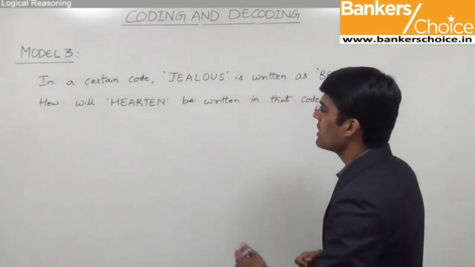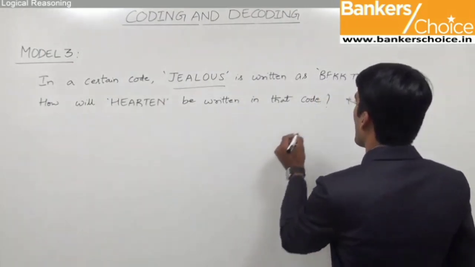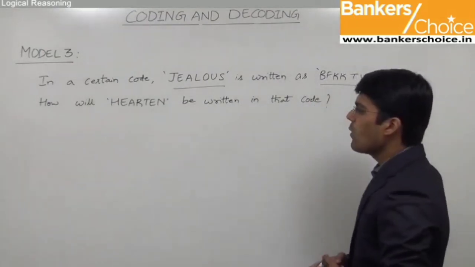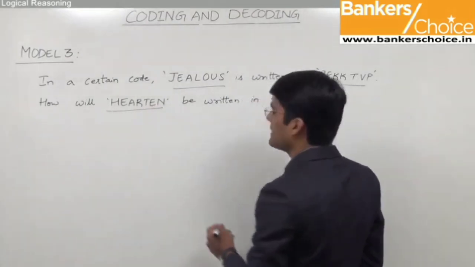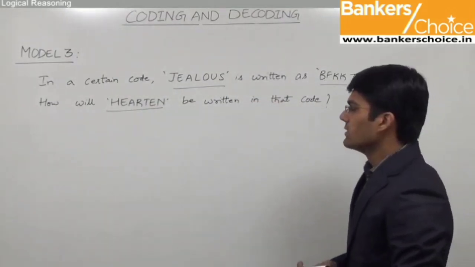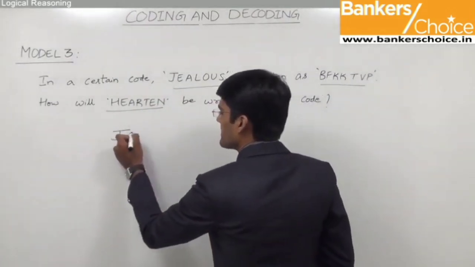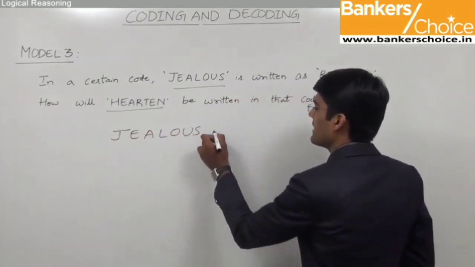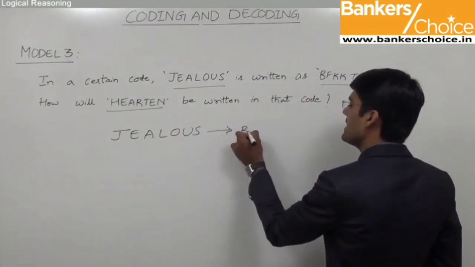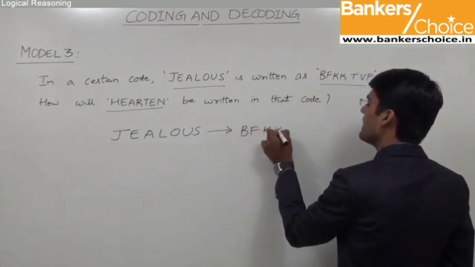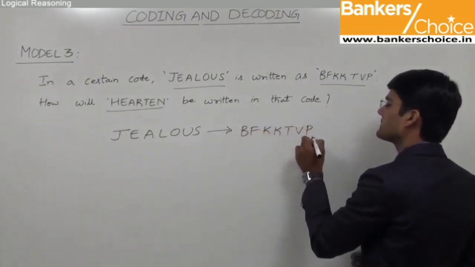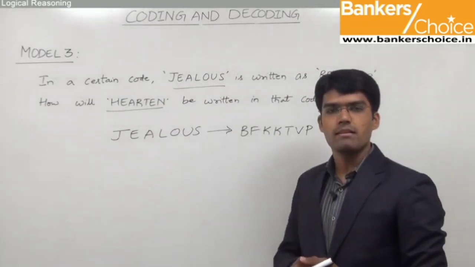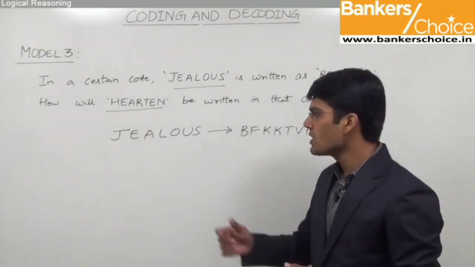In a certain code, JEALOUS is written as BFKKTVP. How will HEARTEN be written in that code? So the question here is the word JEALOUS is written as BFKKTVP. As I've already mentioned, here the coded form has been obtained by performing 2-3 different steps on the given